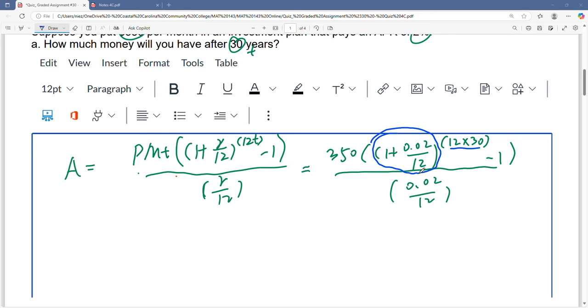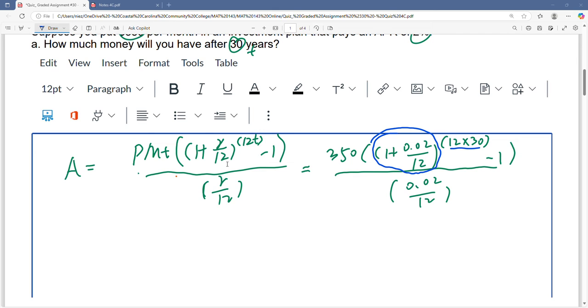And then this fraction bar means divide. Then divide, with parentheses, 0.02 over 12, that means divide by 12, and the parentheses. All right, then click equal. You see, this is your final answer: 172,453.88564. Here you only need to keep 2 digits, but since this number is